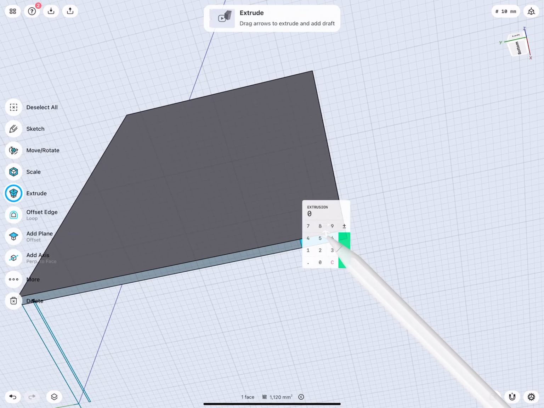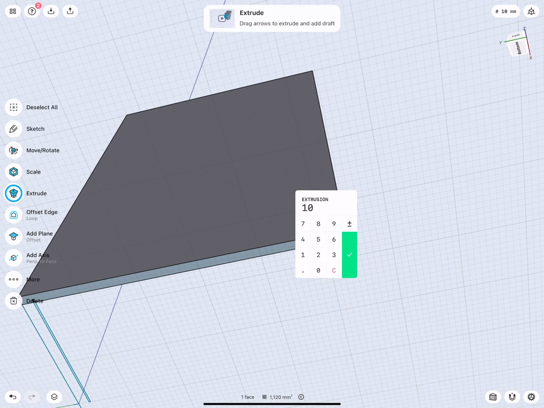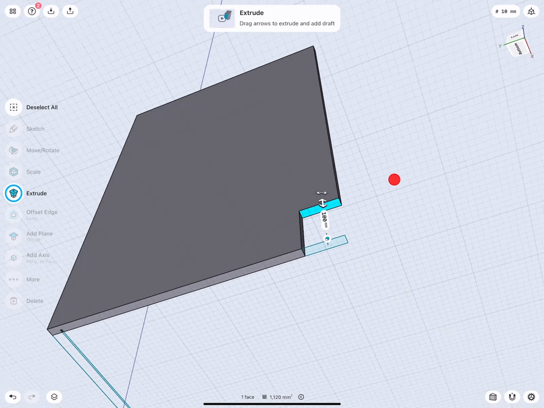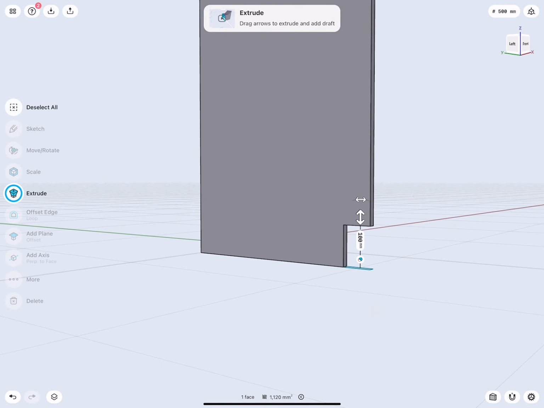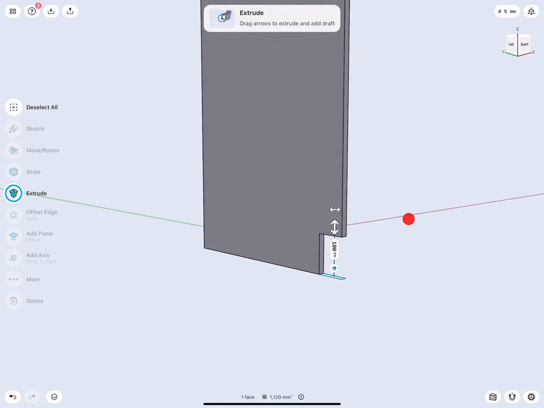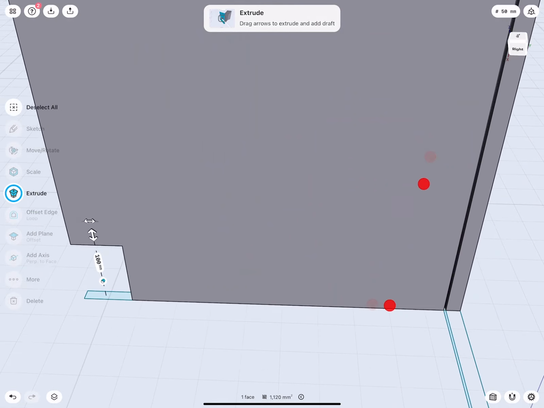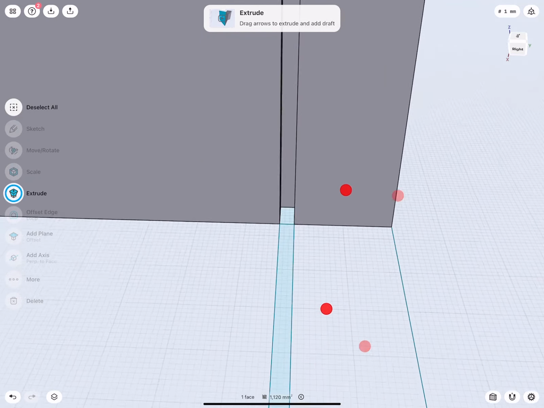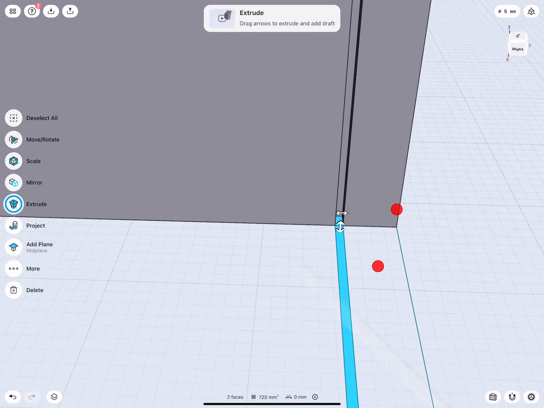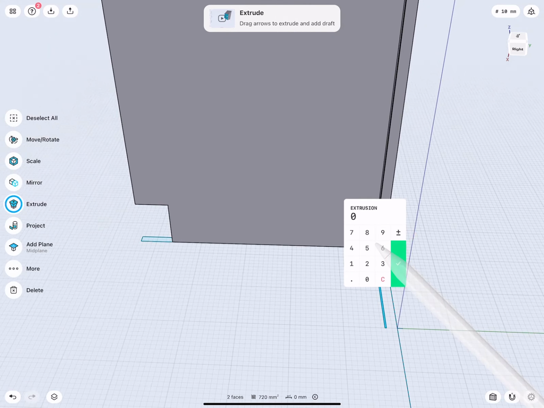And the toe kick 10 centimeters, 100 millimeters. Okay. Very good. Now the back wall here, we can extrude exactly the same height for the moment. 820.